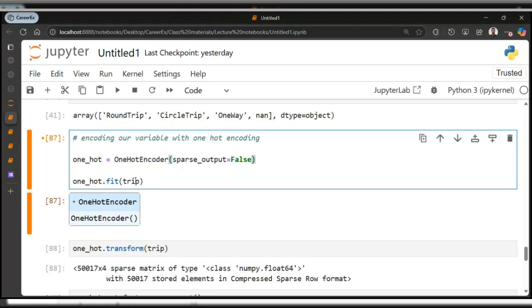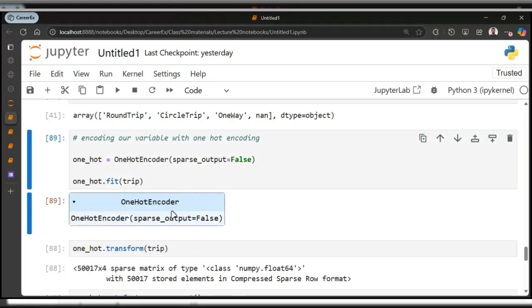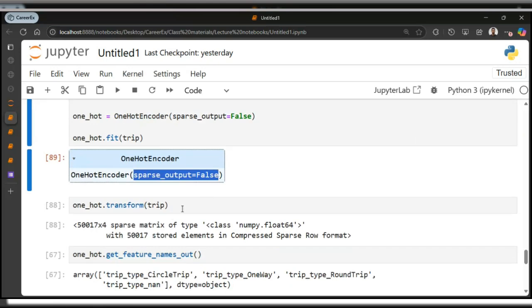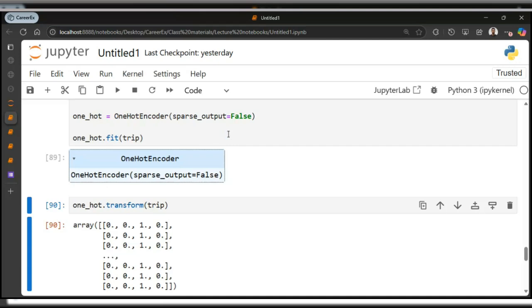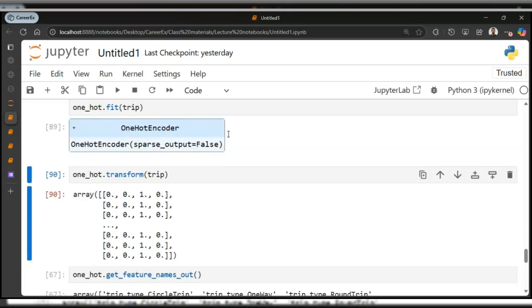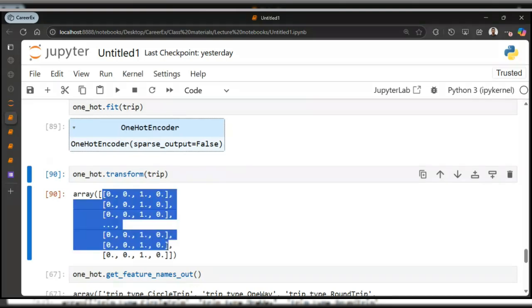So we fit it again, right? And then you can see here sparse output equal false. Then we come to transform and apply the transformation. You're going to see that there's a difference here. We are having an actual output, unlike the other one where sparse output was true.